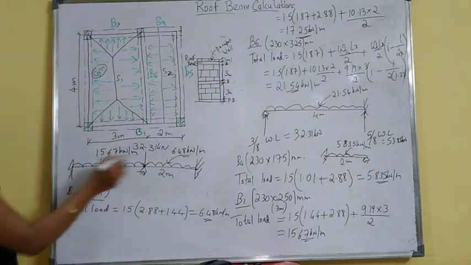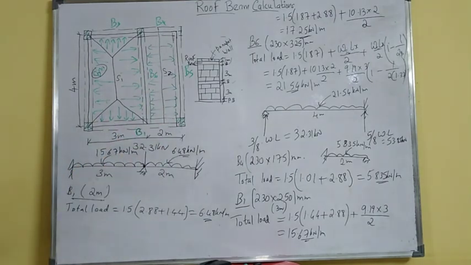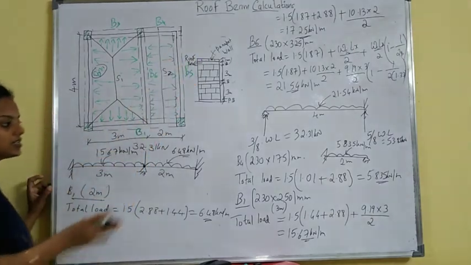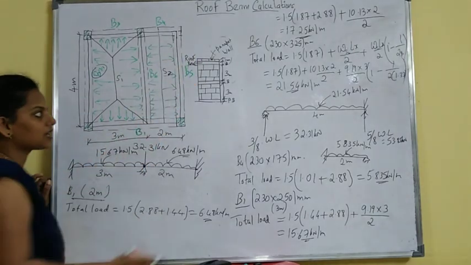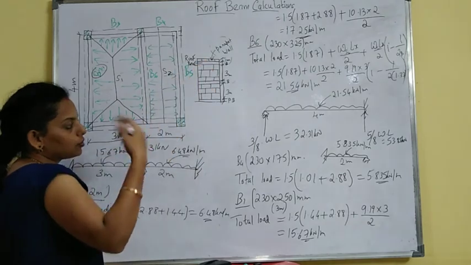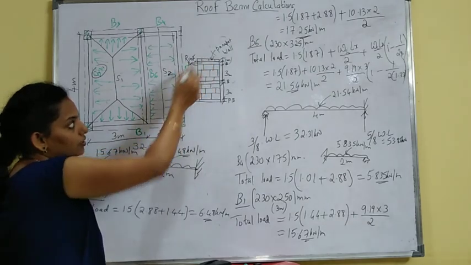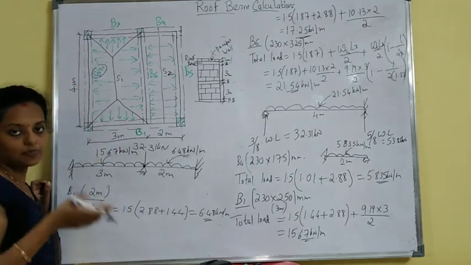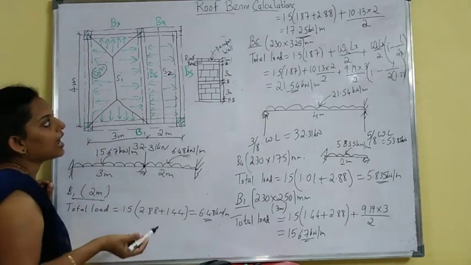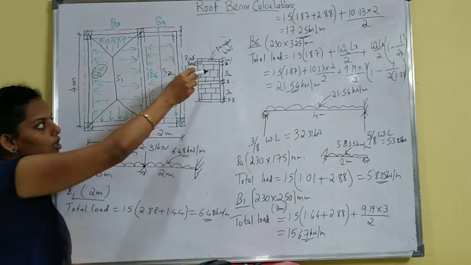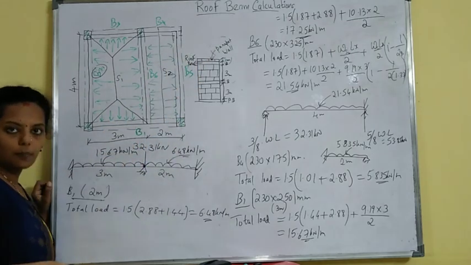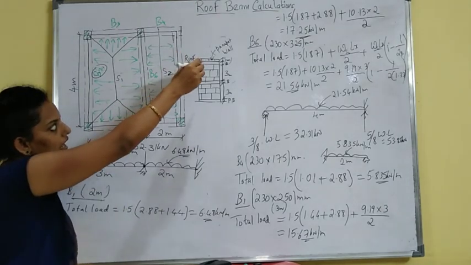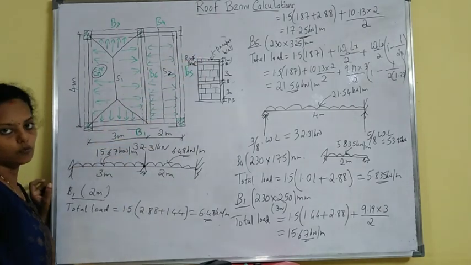Okay, this is how you have to do the load calculation for the roof beam. Here only small changes in the calculation, everything else will be the same. You have to change the live load value for the load coming from the slab, and then instead of the wall load you have to consider just a parapet wall. That is a small difference we'll handle while calculating the roof beam.